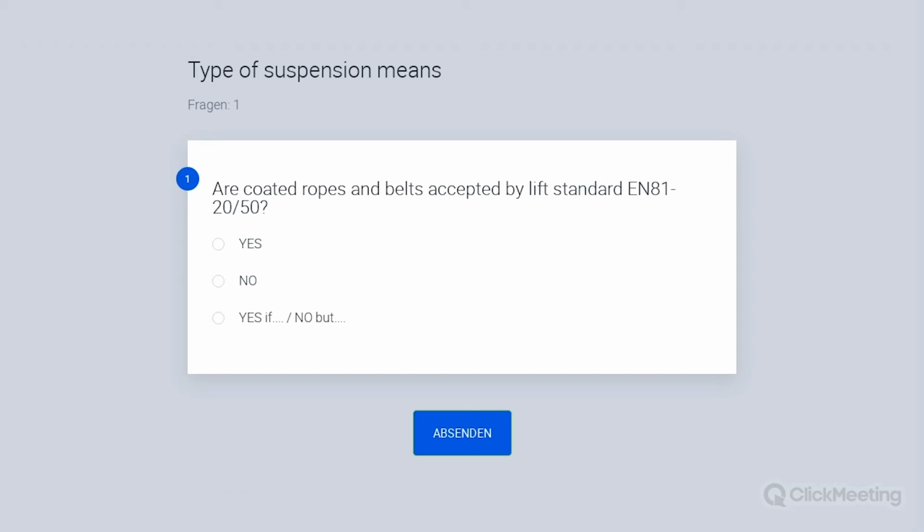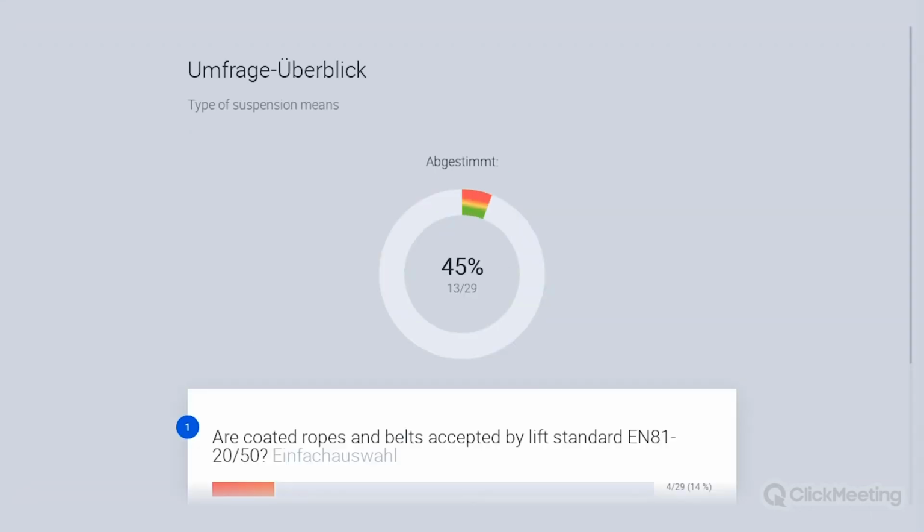We have, again, a winning option. Let's wait a bit more. Okay, I think it's enough. So let me finish the voting. Let me show the result.